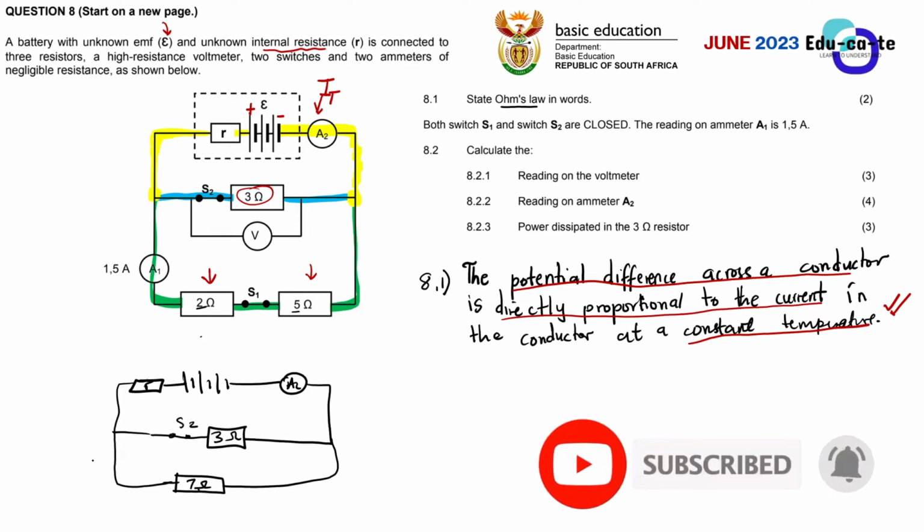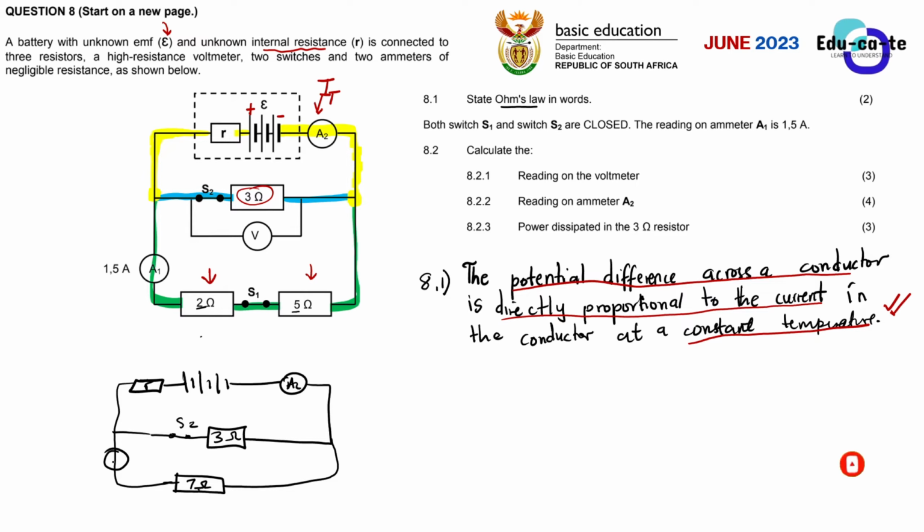So if we include the ammeter here, remember, this is ammeter A1 and it's measuring a current of 1.5 amperes. What is the whole purpose of what I'm doing here, grade 12s? The whole purpose of adding these two is to simplify your work as a grade 12 learner. Basically, when you have two resistors that are connected in series, try your best to add them and get only one effective resistor. In this case, this is 5 ohms and 2 ohms. I've added them up to get the 7 ohms resistor.